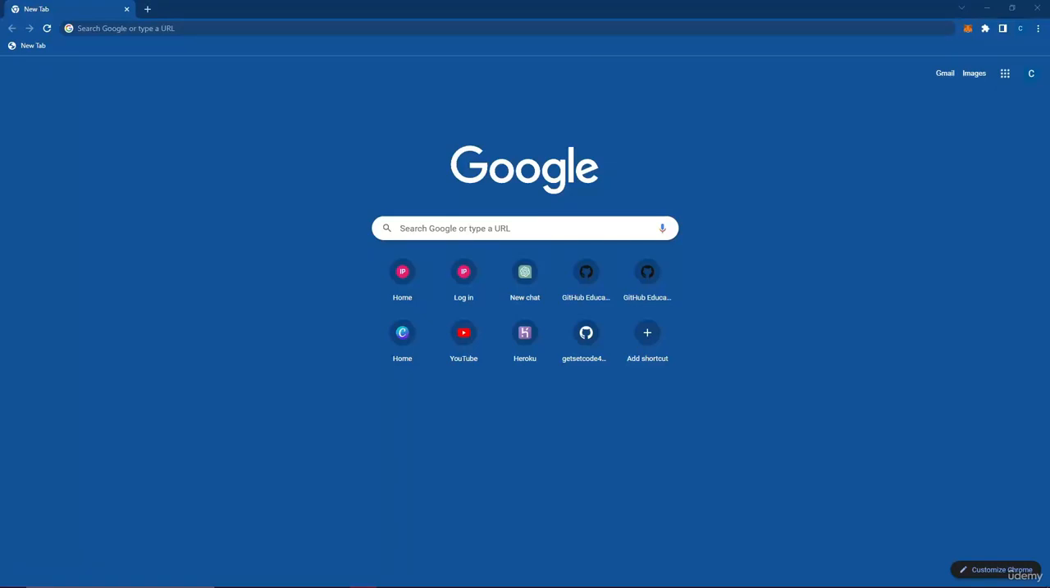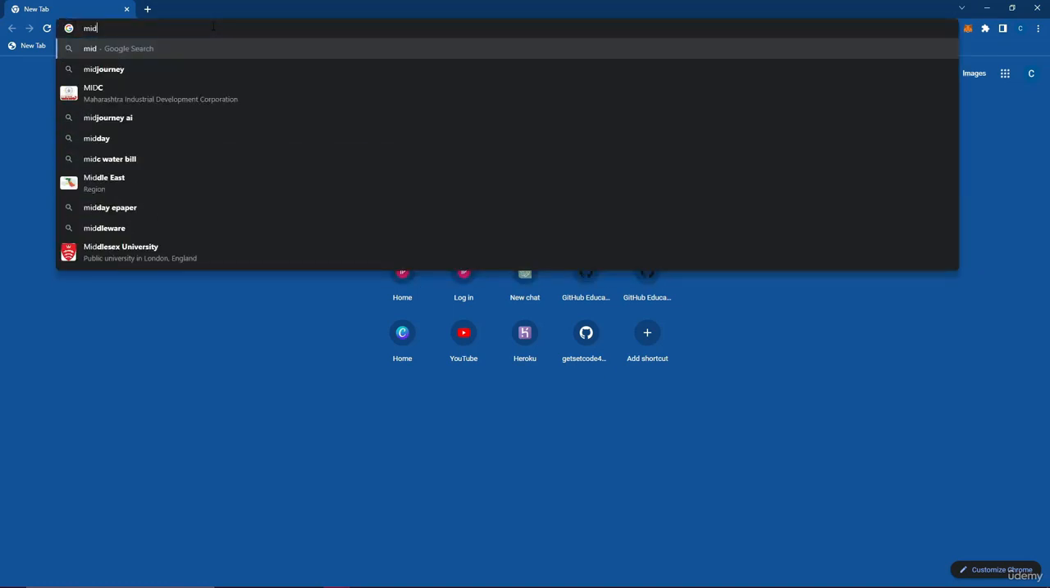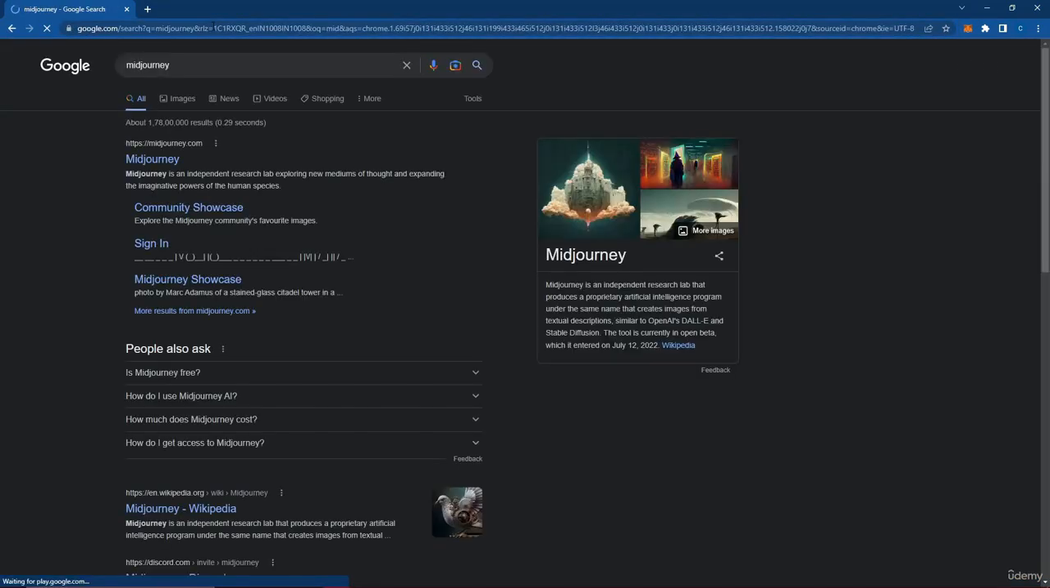In this video, we will take a look at how we can get access to MidJourney bot in Discord. So for that, first of all, we need to open our preferred browser and just search for MidJourney. So we'll just type here MidJourney and we will just search for it, and you will get this first result